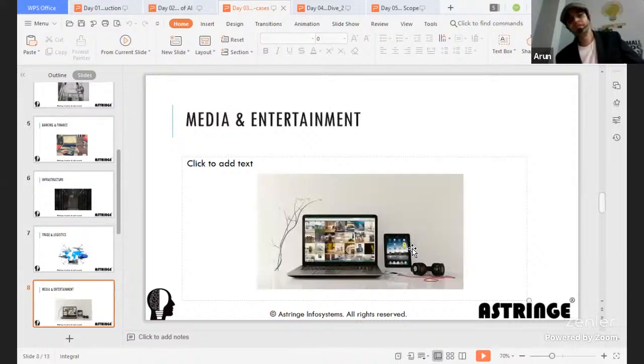Now, let's learn about media and entertainment. To be honest, media and entertainment itself is a vast topic, and I don't think it can be covered in 1 hour. So, like Netflix recommendations, sponsored things. And also it could be a news category, like recommendations. If Google News or any other news service learns that you are more interested in sports, it may provide more valuable content in sports, and also it could